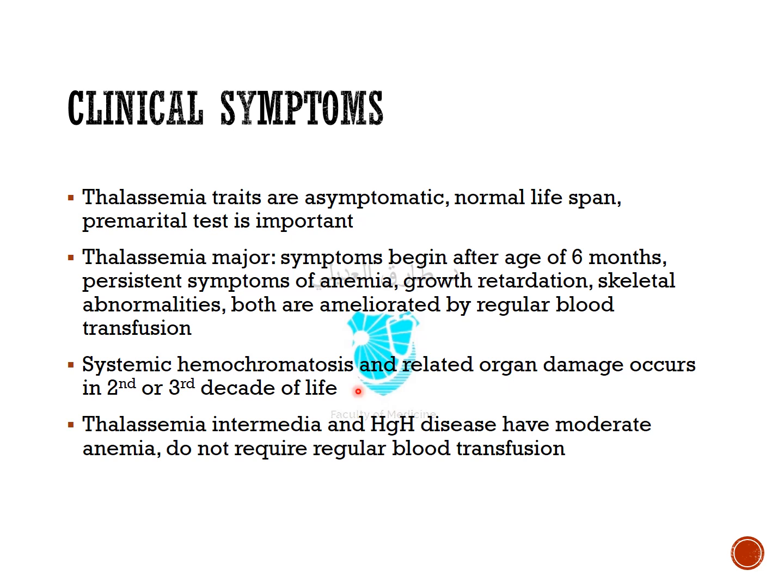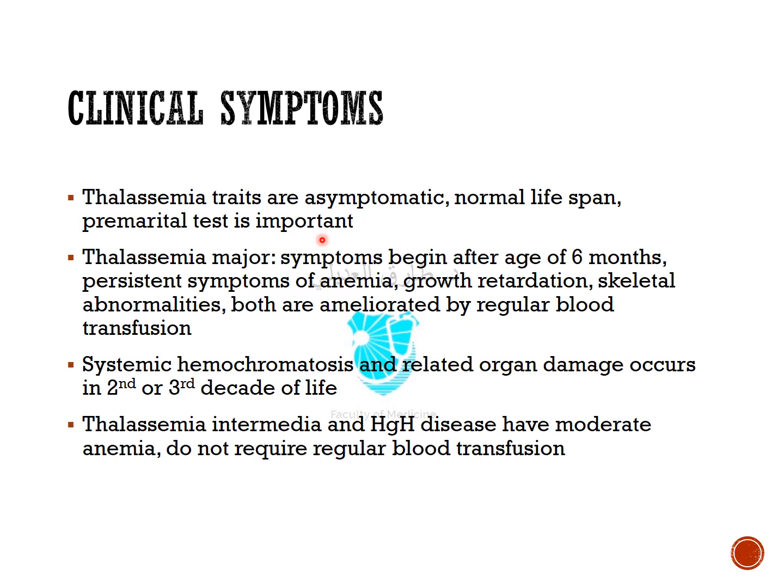Clinically, patients with thalassemia trait, the carriers, are asymptomatic at all. They have a normal lifespan, okay, but you can detect the abnormality if you do the complete blood count test. The RBCs are hypochromic, microcytic, but to a mild degree, okay, and this is what we do in the premarital test regularly in Jordan. Every